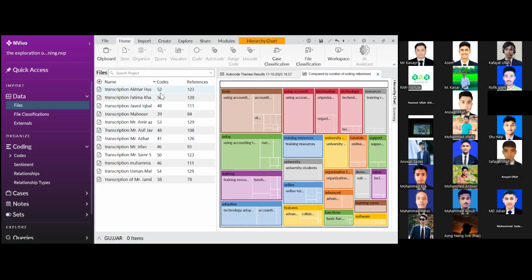These are the different codes that are collected from the different transcriptions, and these are the references. The codes are responses from the respondent, how main codes are referenced by the respondent. Then we can say that in the Akhtar Hussain transcription, there are 123 references and 52 themes. So in the hierarchy chart,